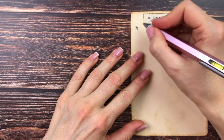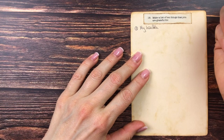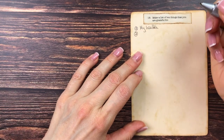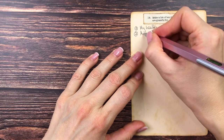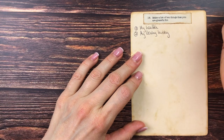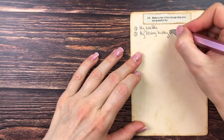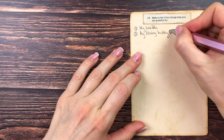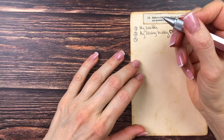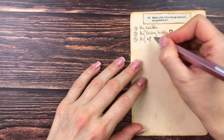So 1 is most definitely my health. Most important thing of all. 2 is going to be my loving hubby. That needs a heart. That definitely needs a heart. Okay, number 3 will be my BFF,